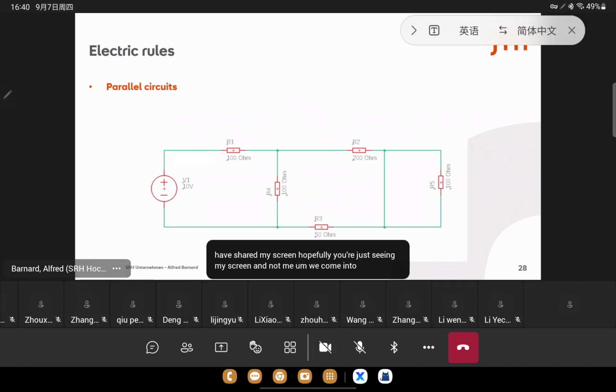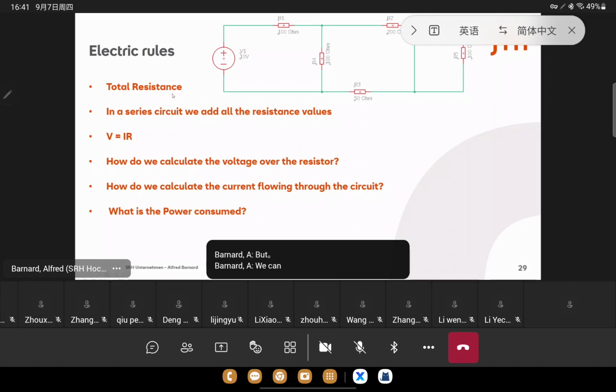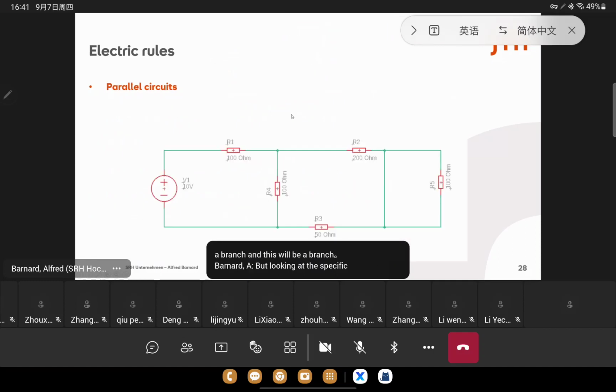We come into parallel circuits. So parallel circuits happen when the current coming in gets divided between branches. Now, this makes it a little bit more interesting to calculate what is going on. But we can still use our same electrical knowledge to calculate the total resistance, and calculate all of the current flowing through each of these branches. So this will be a branch, this will be a branch, and this will be a branch. But looking at this specific circuit,